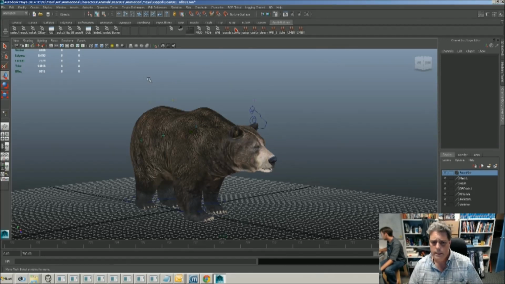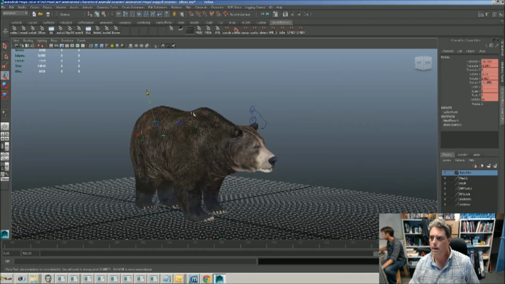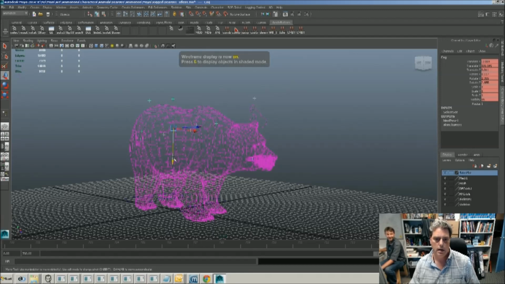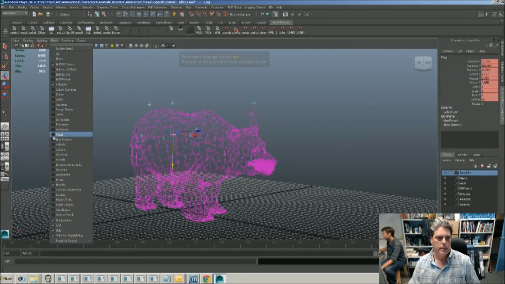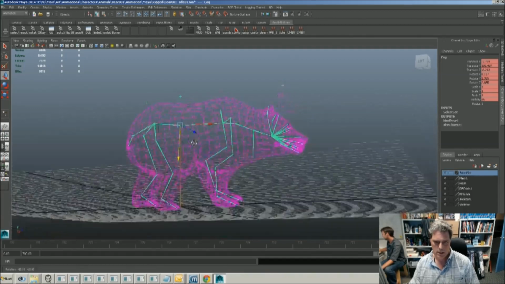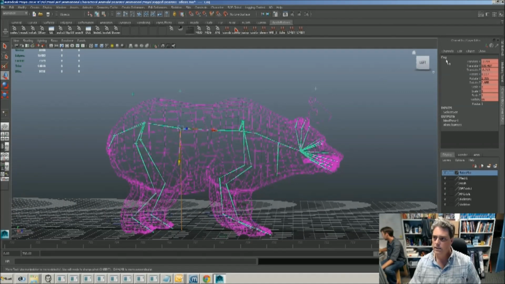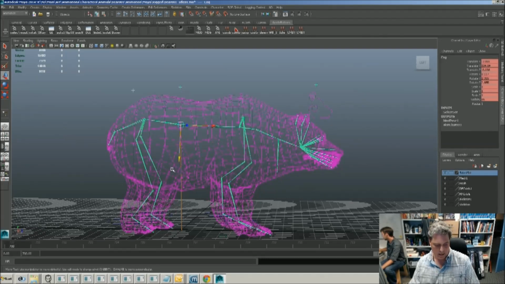All right, I know that I want the bear to dance, and that's going to involve some kind of swaying and dipping and moving. All of that starts with the base of the body. So we're going to start with the highest joint on the body hierarchy, which is his center. Let me show you on the inside, and we'll make his joints visible. All right, there you go. This is called the center of the character, and it's right there in the center. This is the first thing that we want to